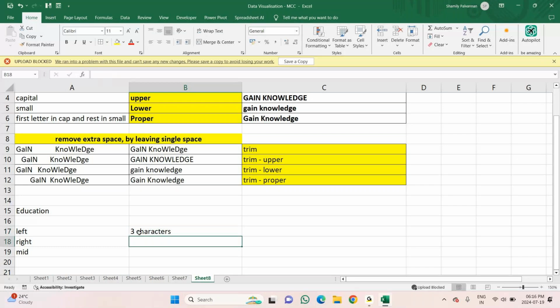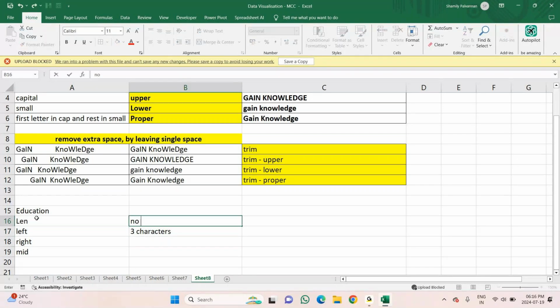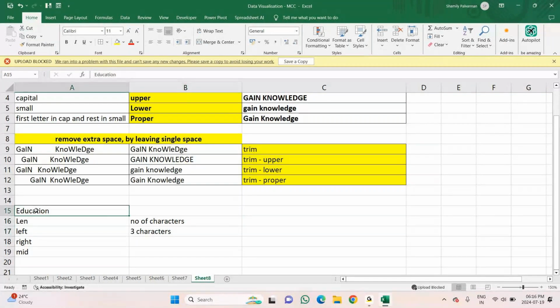And I also need the character length, the number of characters. I need to know how many spellings it has.